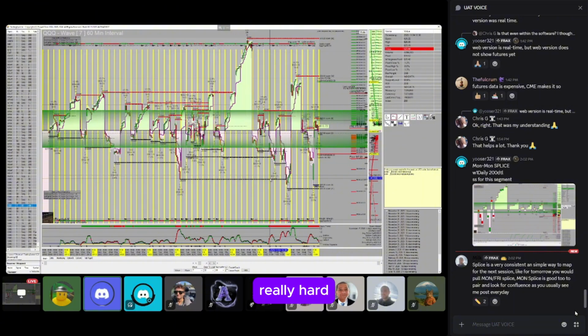And that's where it gets really hard, because let's say we're in shorts, we're working down, everything looks beautiful, we're feeling pretty good. And then a test comes in. And if the test is successful and it holds, and then we start a leg down again, great, the shorts are working. If it goes up to the test and it doesn't hold and we go counter trend, then the put all of a sudden is in the red.